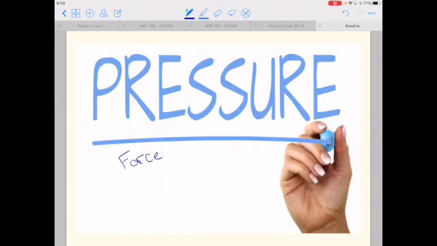All right, friends, before we start our experiments, let's get into some definitions. Pressure. Pressure is a force that is applied over an area, a specific defined area. And that's a distinction that we want to make sure we understand. Let's use the example of using snowshoes in the winter.